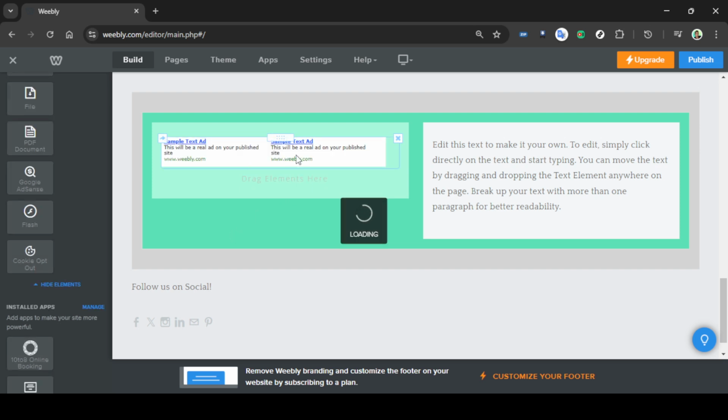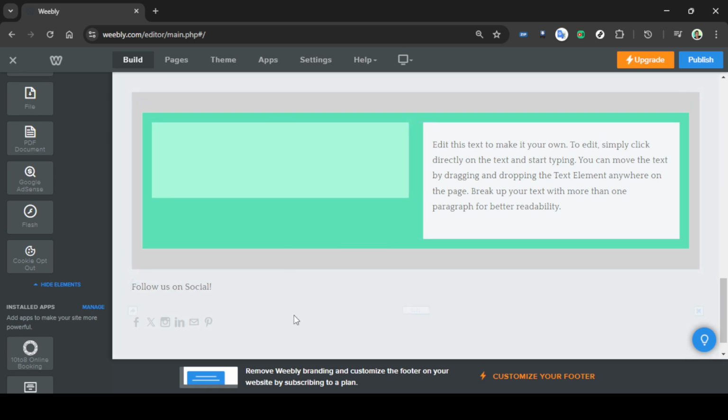And there you have it. In just a few simple steps, you've integrated an AdSense advert block into your Weebly website. Remember, this is a fantastic way to generate income, and with Weebly's easy-to-use interface, managing these ads will be a